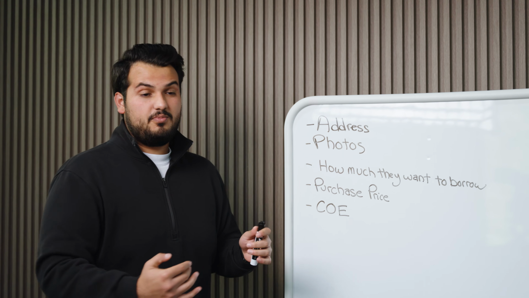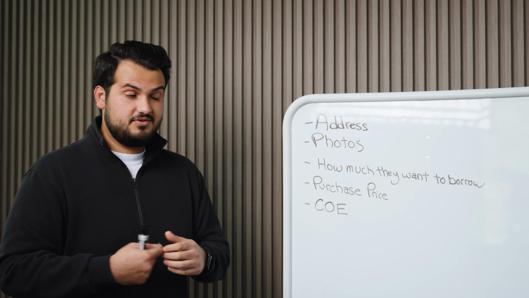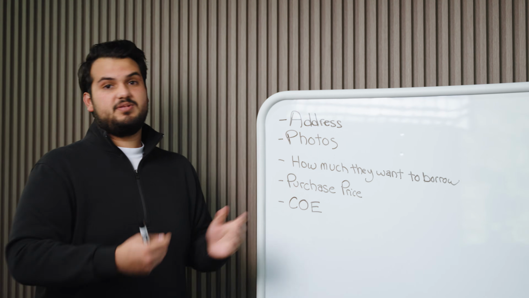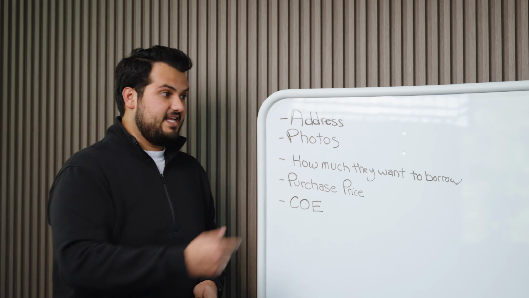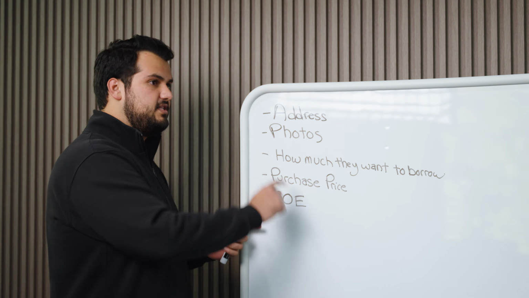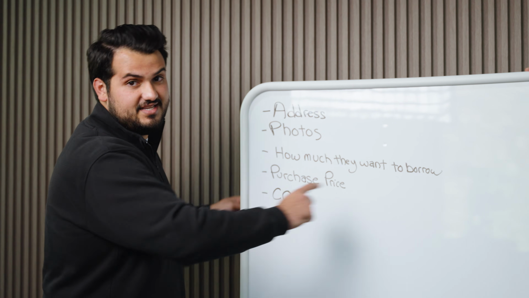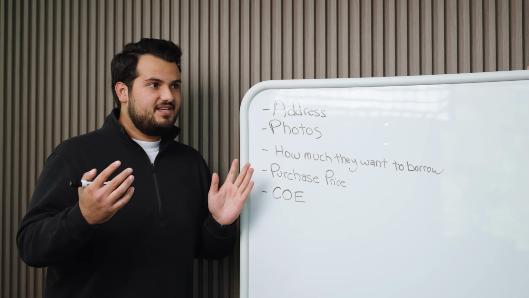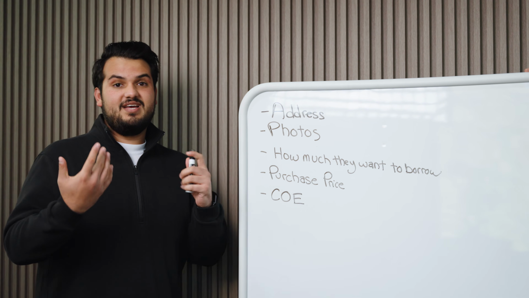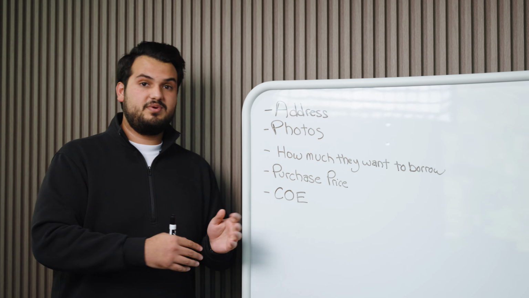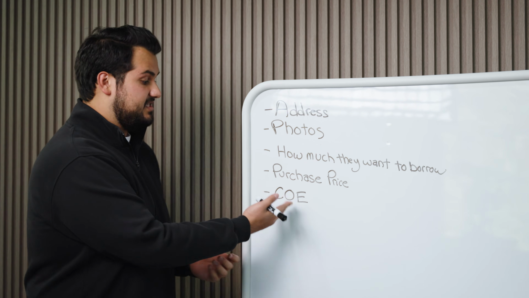Once we have the itemized scope of work, what it also allows us to do is when they request a draw from us, we can say, what did you complete? And whenever they say what they completed, it's really easy for me to reference back to that scope of work and be like, all right, perfect. They did the interior paint, which they said was $2,000. They did the HVAC, which they said was $5,000. All right, their draw for this is the sum of those, right? So that's basically why it's so important to get a really accurate scope of work before we complete and we get to the close of escrow.